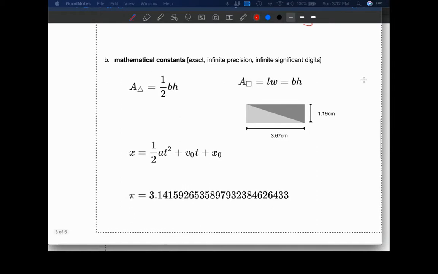So let's take a look at the mathematical constants, which we mentioned before. Now, there's a variety of those. So we already went in depth about this ratio 1/2 and that there's no uncertainty. It's exact. There's infinite precision. And similarly, we have a 1/2 here. And when we get to going to that formula in depth, we'll see exactly where that comes from. But it turns out it comes from exactly the same place as this 1/2. So it also has infinite precision.